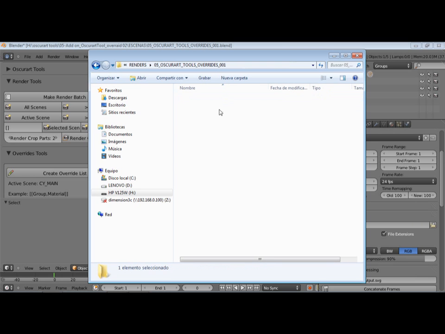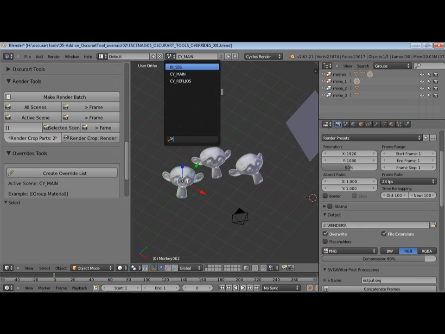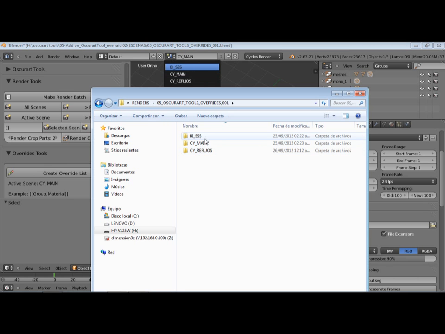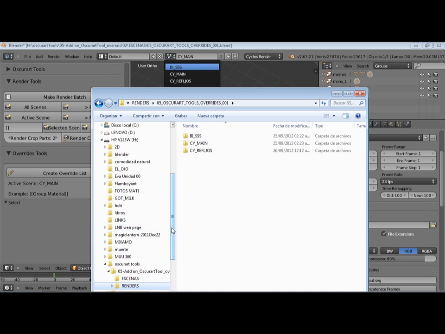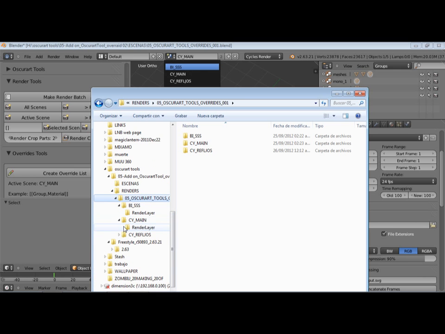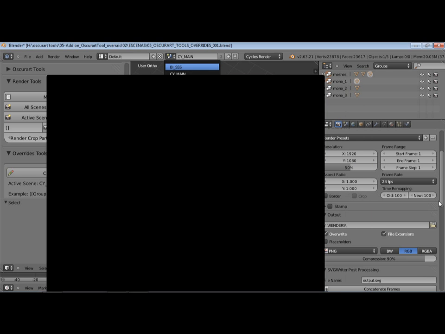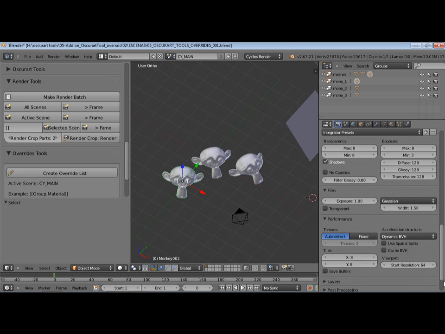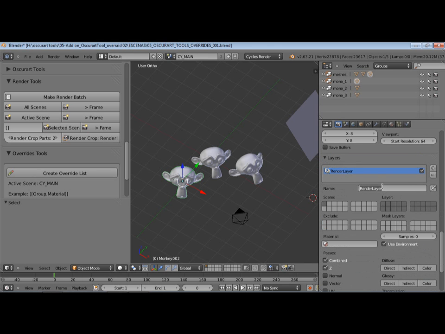Inside this new folder, you will find several different folders with the names of the scenes inside the file. Inside those folders, let me see if I can show the tree here. Inside your different scene folders, you will find your render layer folder. This render layer folder is relative to the render layer set up in your single scenes. If I put this name, I don't know, say main render,